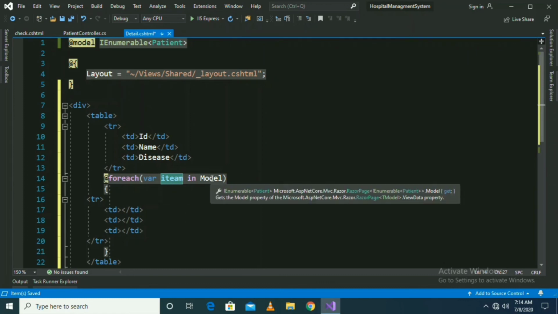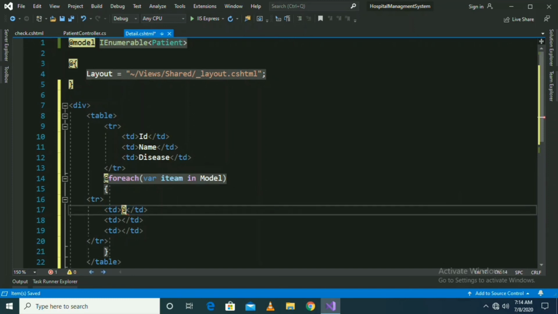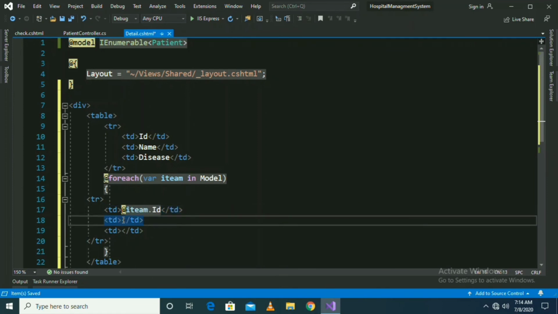So patient1 will be in item initially and it will pass over here. @item.id, the first time it will print the value of patient1.